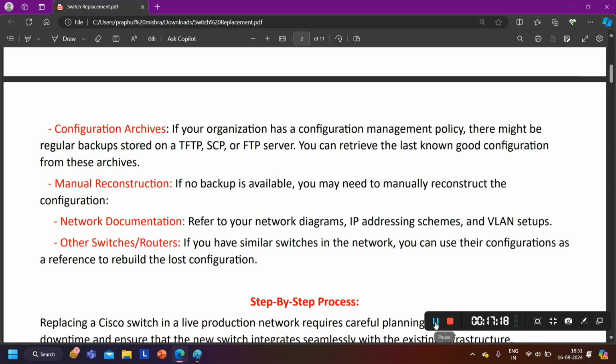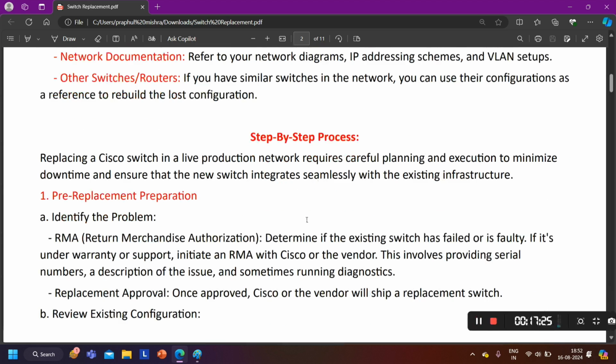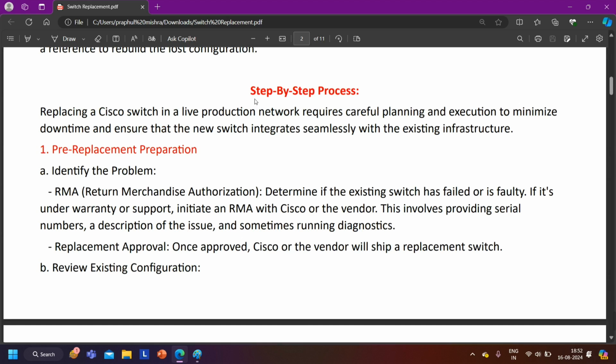Now let's understand the process to replace. Before starting the replacement process, you will work on the backup. Now the step-by-step process to replace a switch. So guys, replacing a Cisco switch in a live production network requires careful planning and execution to minimize downtime. Downtime is very important, right? This is not like any time you can replace a switch. First of all, you have to decide the time when users are less,